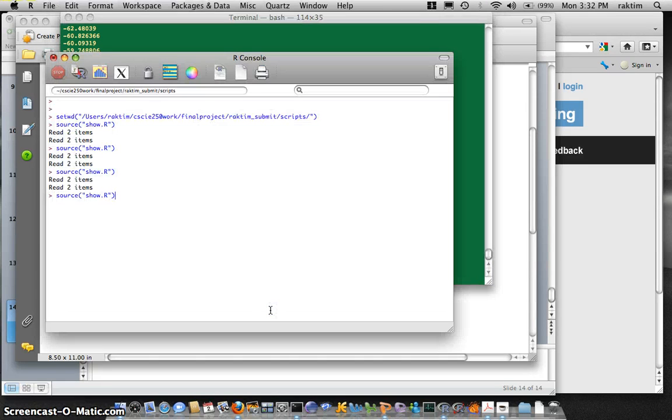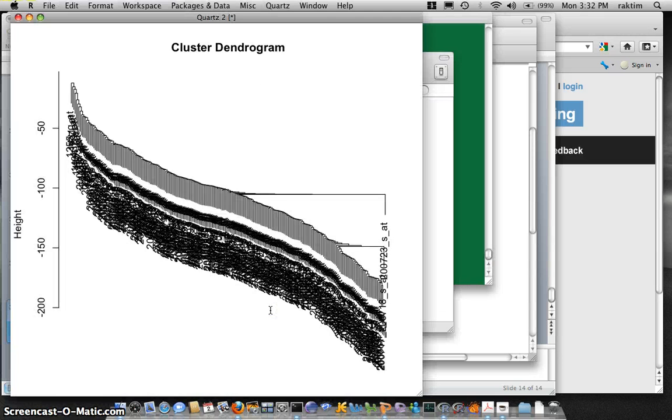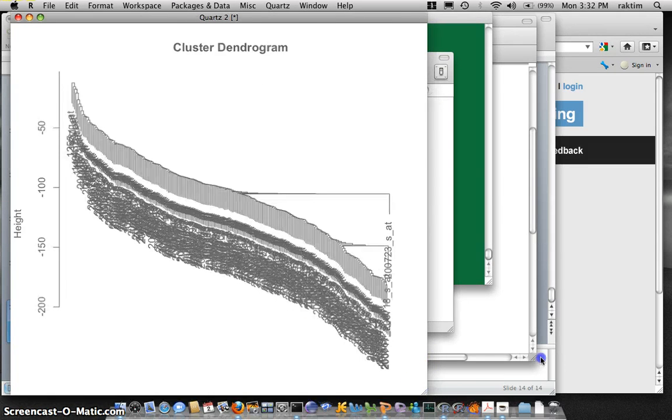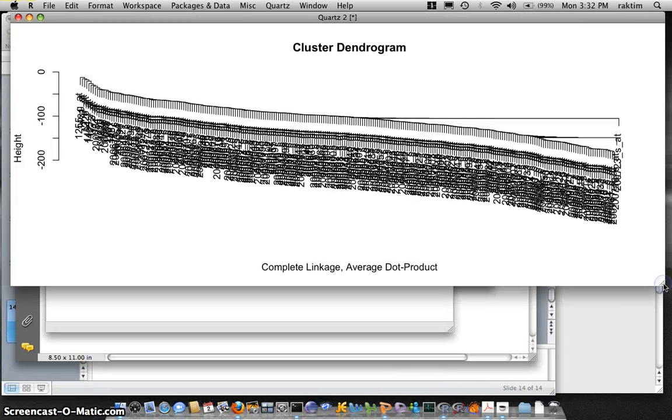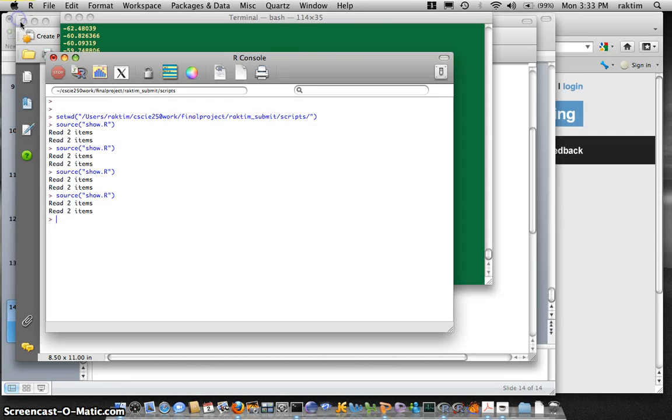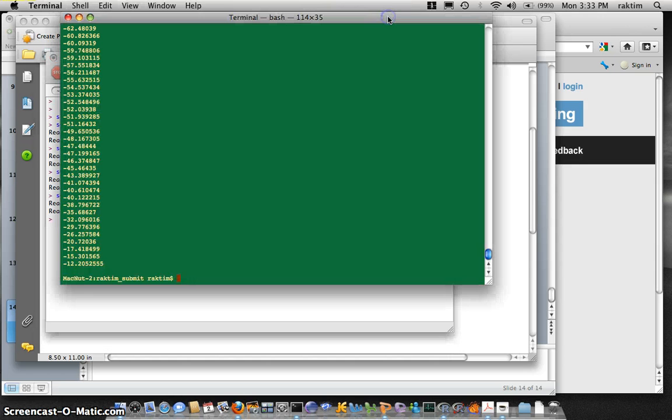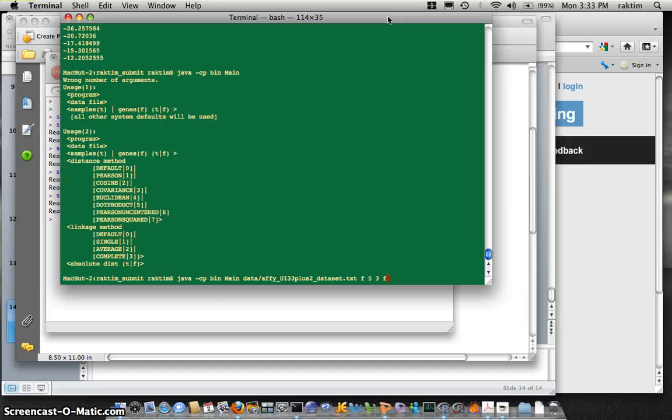Alright, now you came back here, showed it. This kind of goofy dot product complete linkage tree structure. So let me do it another way. So let's do that with, say, Euclidean 4 and average 2,